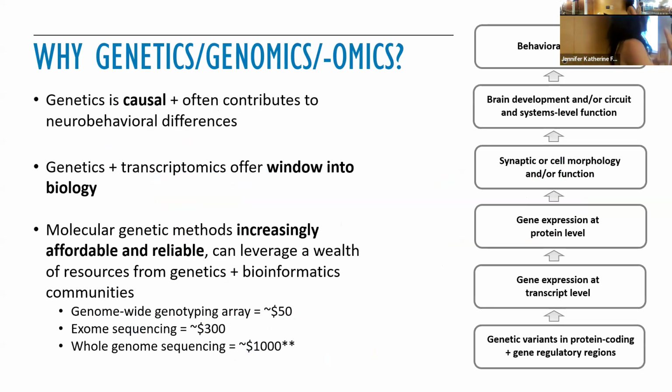As we think about when we're doing neuroimaging, we're sort of near the top part, right? Especially if we're using MRI, that is non-invasive, somebody's just in your scanner, you're looking at cortical thickness, you're looking at functional connectivity. You're at that sort of systems level, macro level of differences in the brain